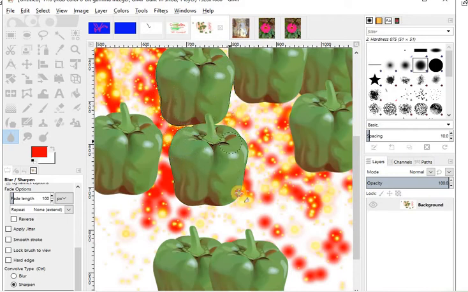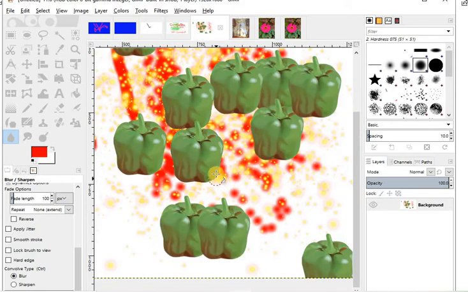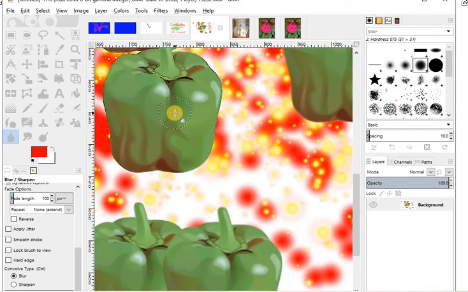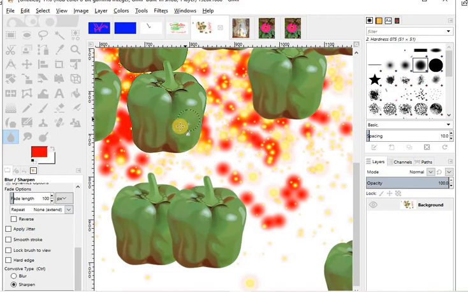This portion is being created sharper. See the differences between this image and this image. We have all the same images here, but still there is some difference. So this is the use of the sharpen tool, and we also discussed the blur tool.